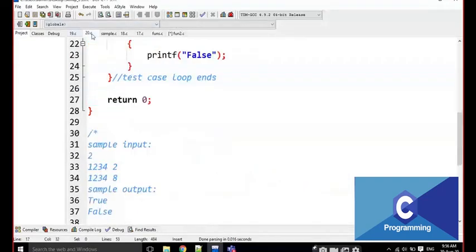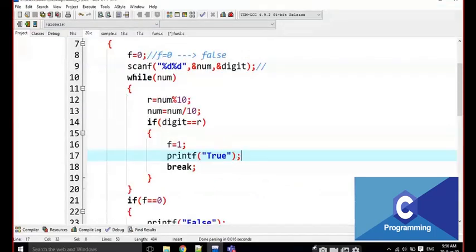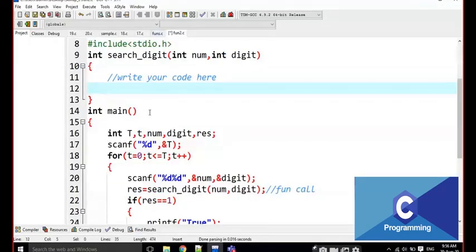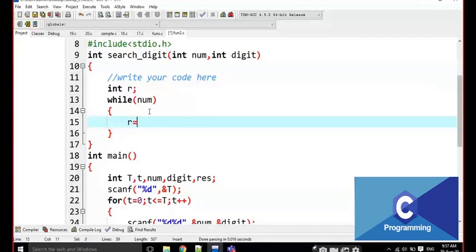What do I write here? The same logic I am going to write here also. I am going to take int r, f is equal to 0. Take that like this. While num, there's no need to write f also, I will write here while num, r is equal to num mod 10 and num is equal to num by 10.